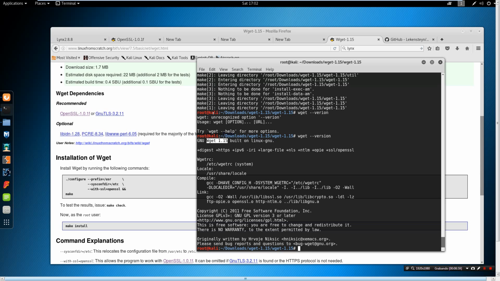So if we type something like wget --output /dev/null, because we don't need the information, from https://google.com to https://localhost:4433,